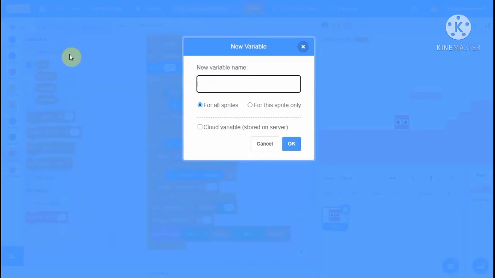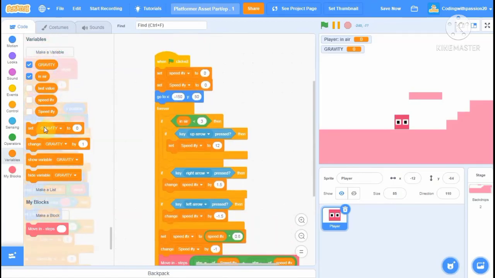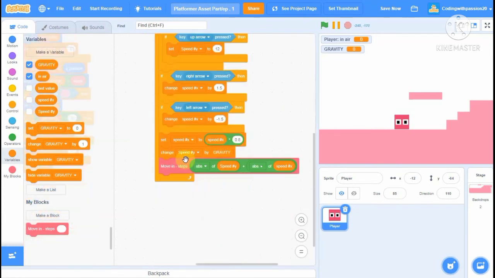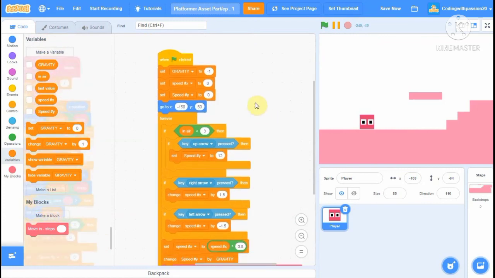Make with me a new variable naming it gravity. Yes, gravity. And here in the first, set gravity to -1. Then without changing the speed by -1, change speed by our gravity. Yes, so it's working fine. Let's hide all variable reporters. And without finishing our video, let's code our